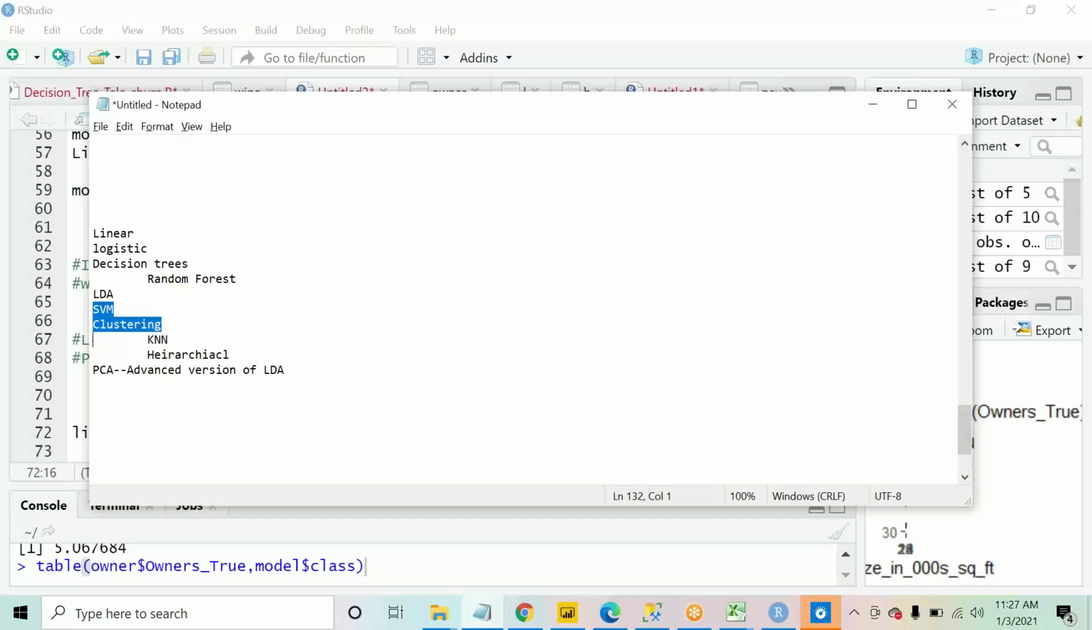And this SVM, clustering, PCA. Now these are the things that will be covered in your Python training. Since R was the starting point of your data analytics journey, the basics and the base have been created for you so that you get well versed with how